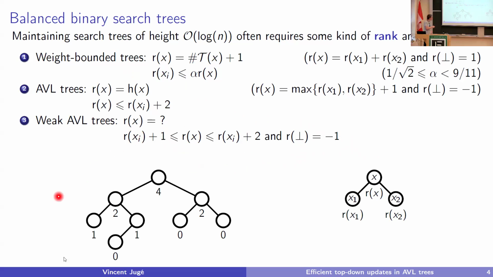So for instance, here, I have a family of ranks I could have assigned to my nodes. This node has 2 null nodes as children, and so its rank is 0, which is okay, because 0 is -1 + 1. This one is allowed to have rank 0 or 1, for instance. This one may have rank 2, this one may be 4, etc. So whenever you take some node and its children, the difference between the ranks is 1 or 2. This is fine. This is a weak AVL tree.